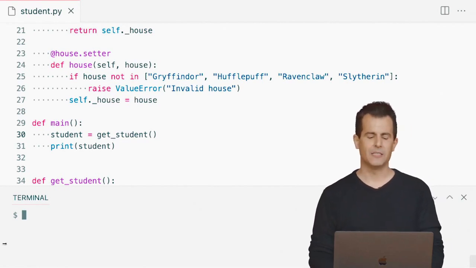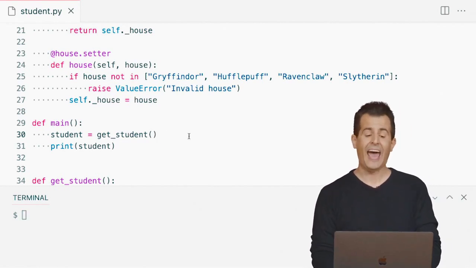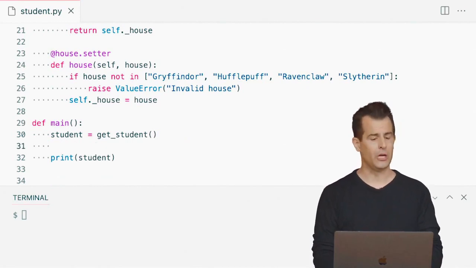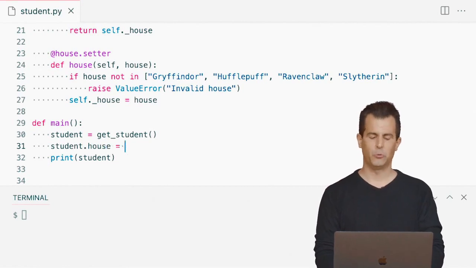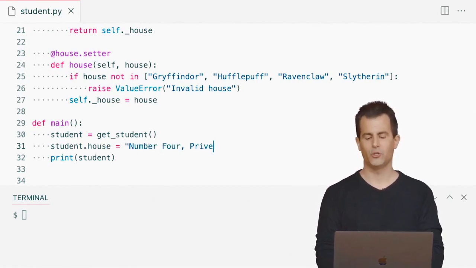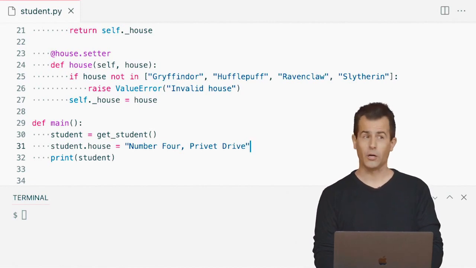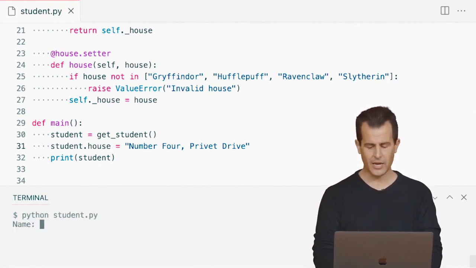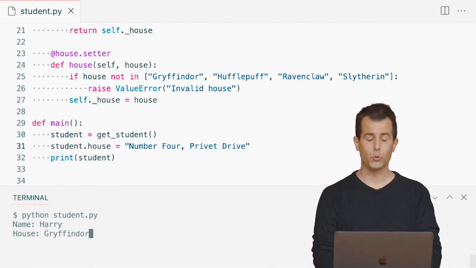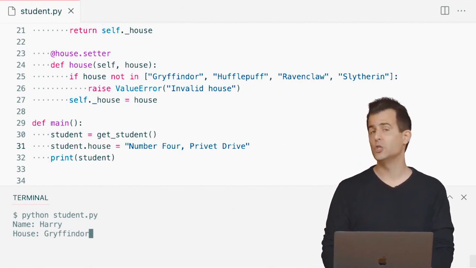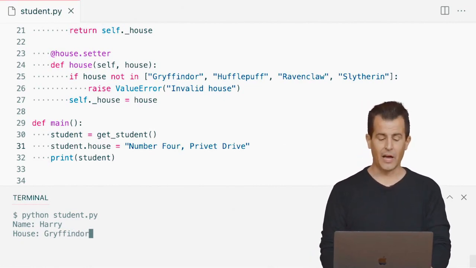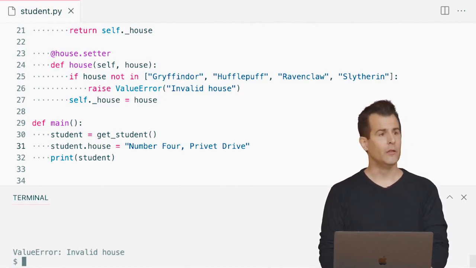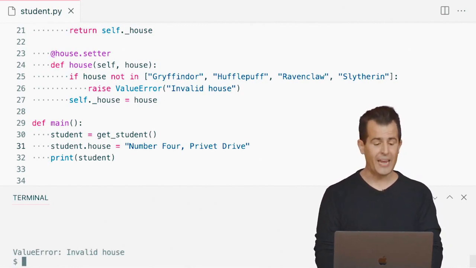And by that I mean this. If I go back into my main function after I've gotten a student on line 30, and I try to adversarially do something like this, student.house equals "number 4 Privet Drive", we know this won't work because my setter for house is going to catch this. Watch again. python student.py. Let's type in Harry. Let's type in Gryffindor, which will at least pass our check that's induced by init, but line 31 is going to trigger the same setter to be called,